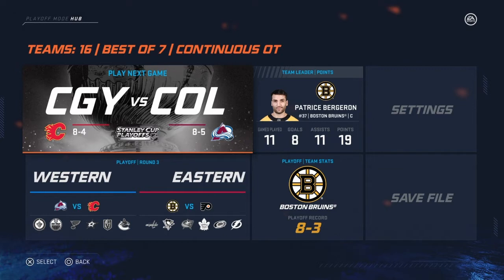And now in the Western Conference Finals, we had the Avalanche and the Flames, a rematch of last year's first round. And the Flames are looking for some revenge after getting embarrassed by the Avalanche. And then over in the East, we have Boston and Philly, which sounds like an awesome series. I can see Boston taking them though.